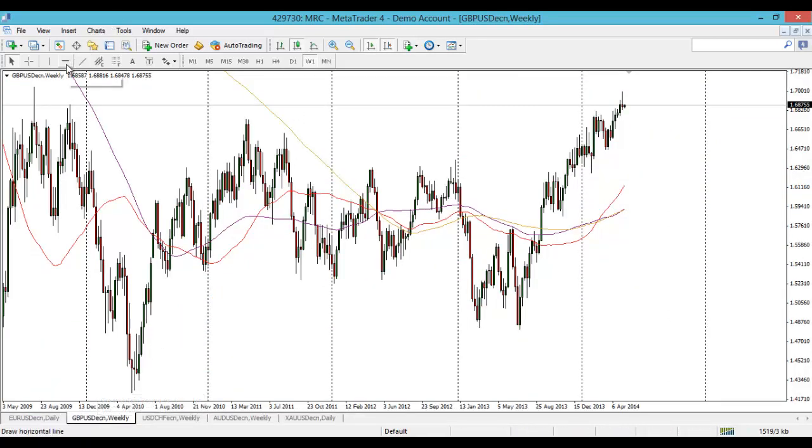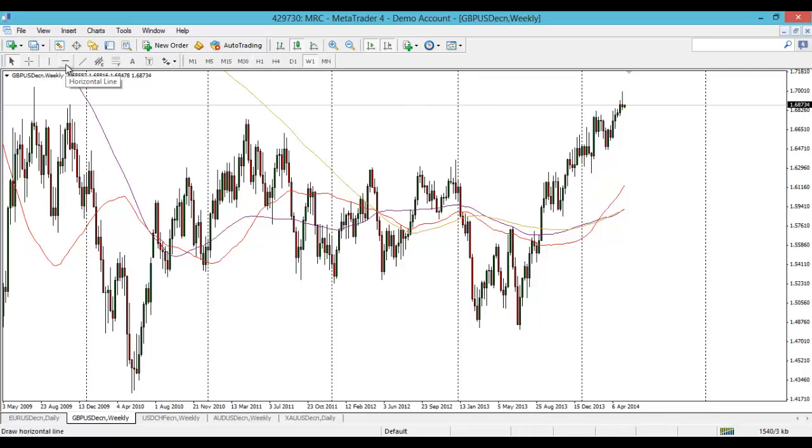Cable's been interesting. What I've been speaking about on this weekly chart is that it has been in grind high mode, and I've personally been saying it's due some sort of retracement towards the downside. Odds favour a retracement, but of course it can just keep on grinding higher and higher, and that's what it has been doing. But it looks like we had some sort of stall